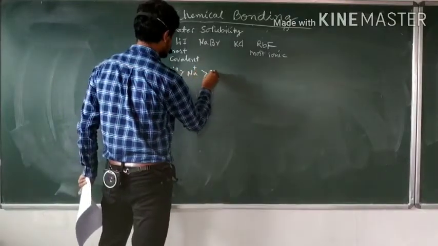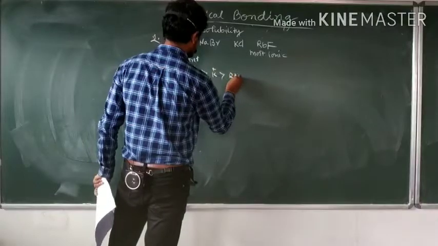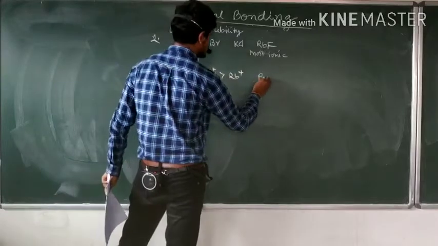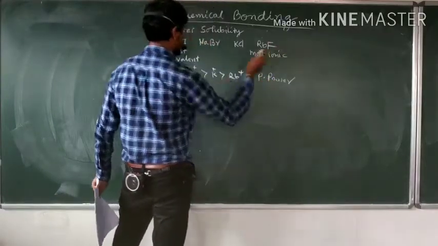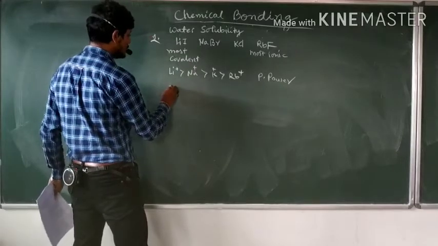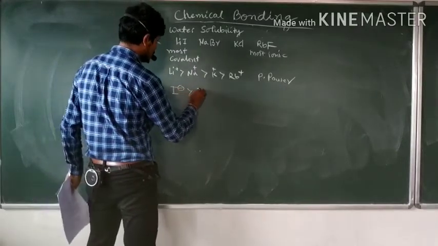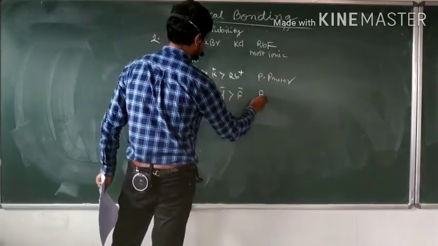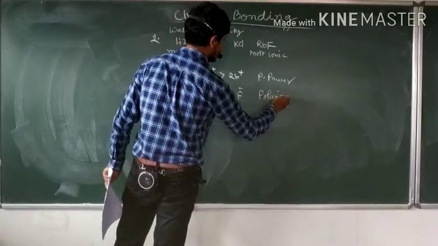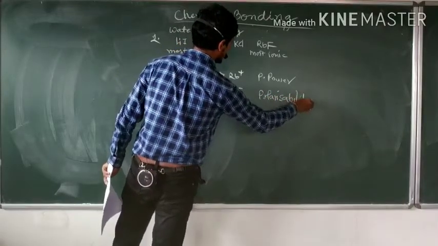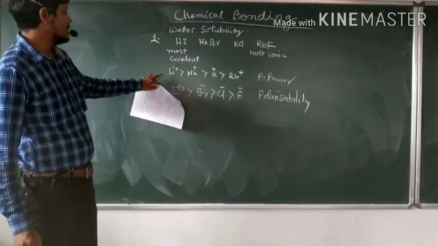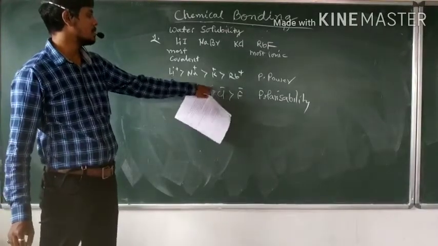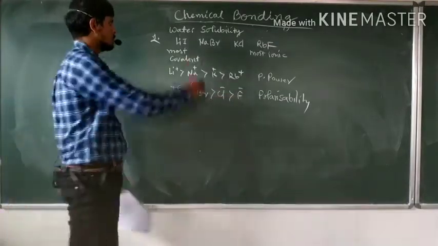Na positive greater than K positive greater than Rb positive. If I arrange in the decreasing order of polarizability: I negative greater than Br negative greater than Cl negative greater than F negative. So that means lithium iodide will be most covalent, followed by sodium bromide, followed by potassium chloride, followed by rubidium chloride. So this is the order of